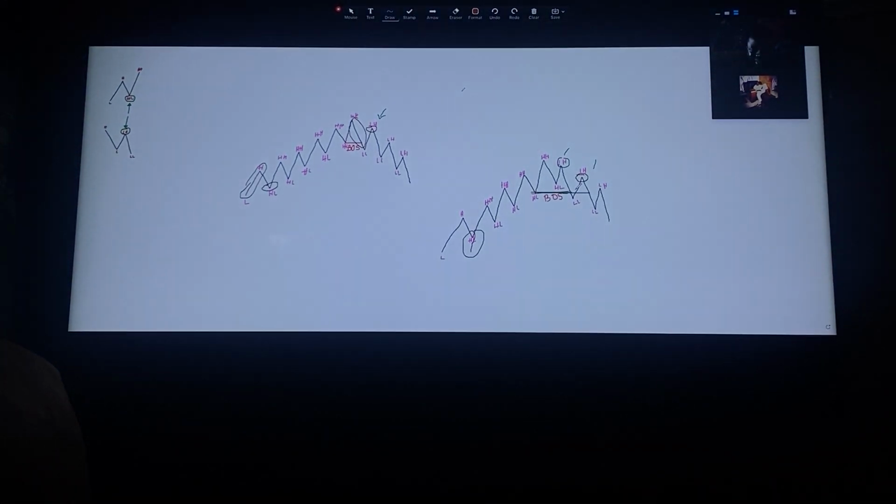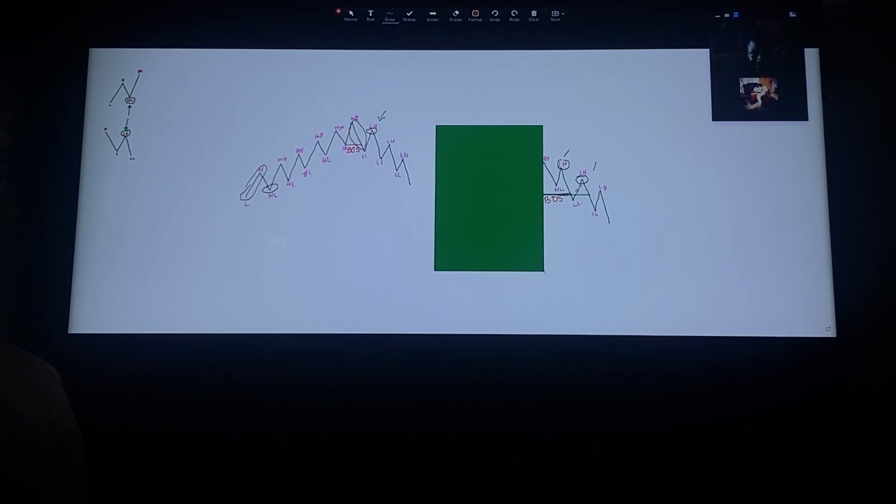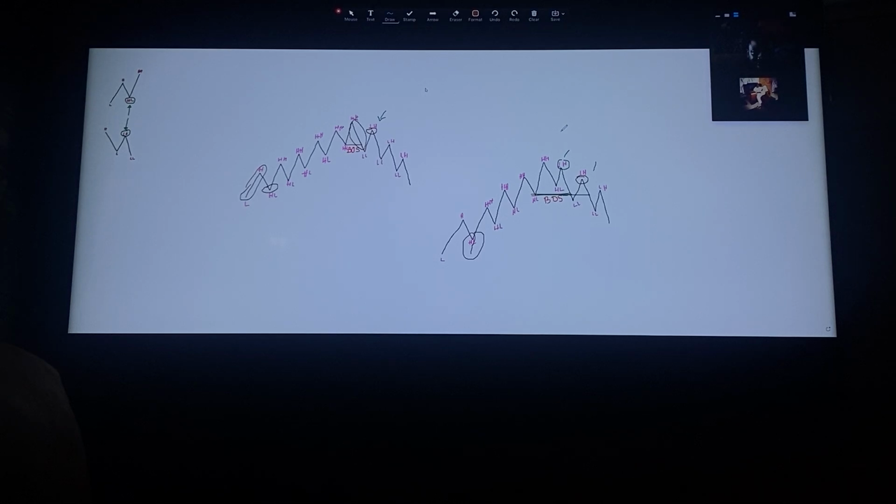Okay. Because if I cut this guy out, for example, can you see that? Yeah. Does it make sense now? Yep. Because if I don't see the rest of it, this would be where the first push that created that lower low. Exactly. So break of structure is just subjective.